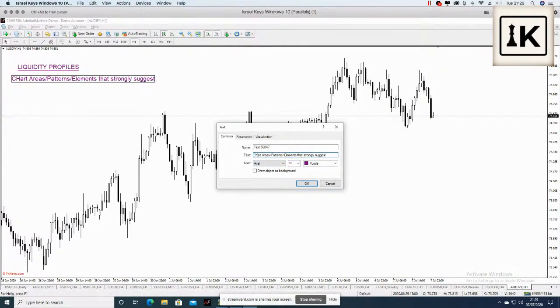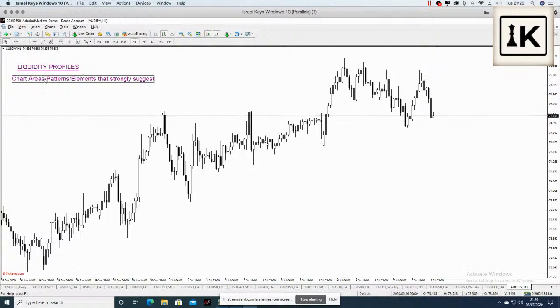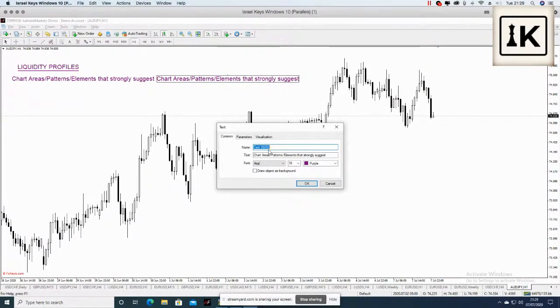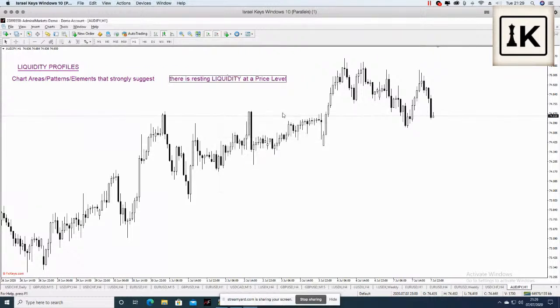So chart, yep. Strongly suggest there is resting liquidity at a price level. So in essence, something that you see on a chart that tells you there is a significant amount of liquidity